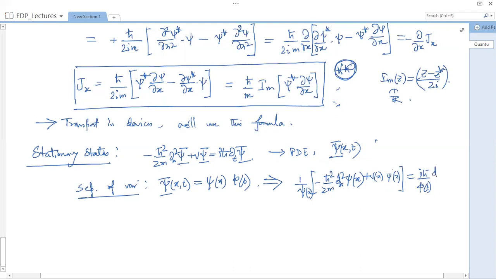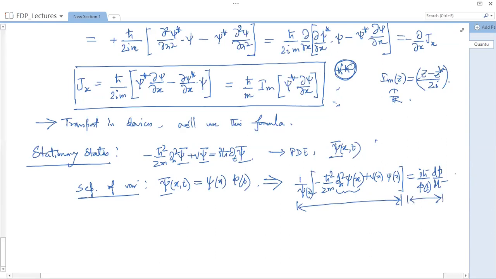This has become space derivative only on one side, time derivative only on the other. Since this side is a function of x only and this side is a function of t only,